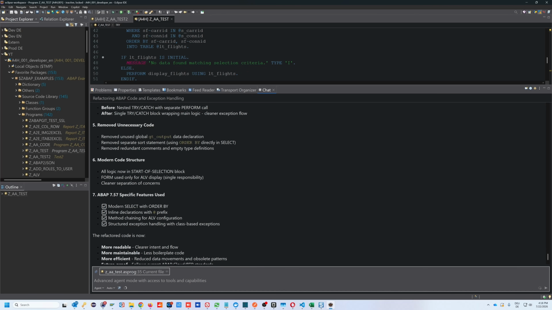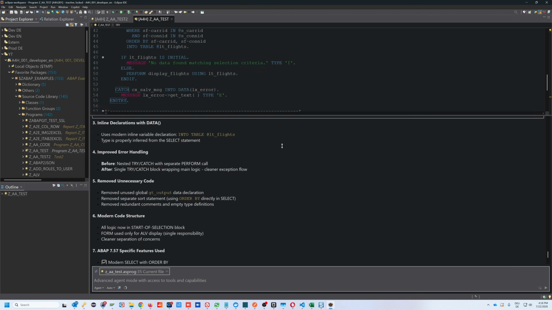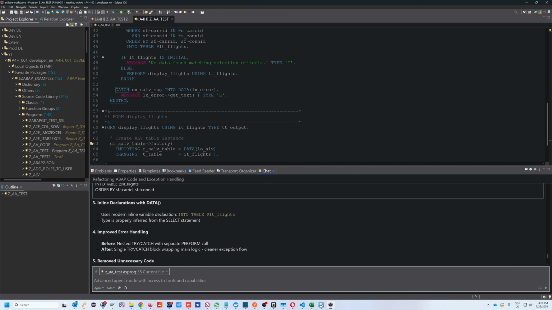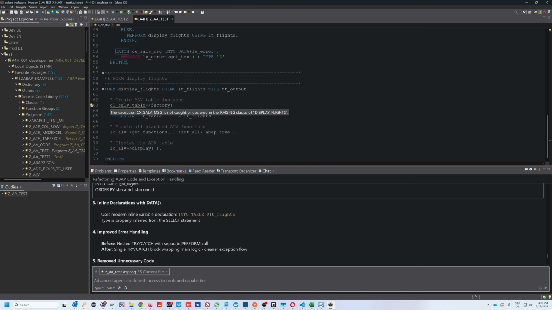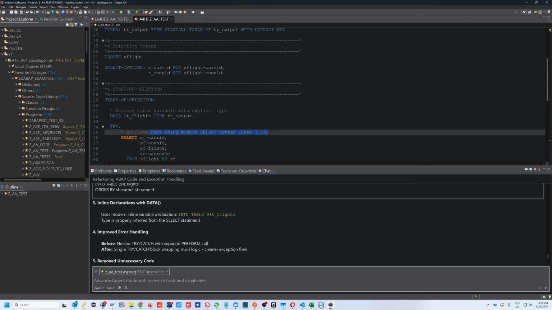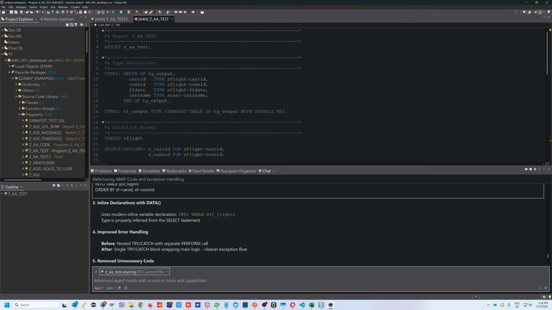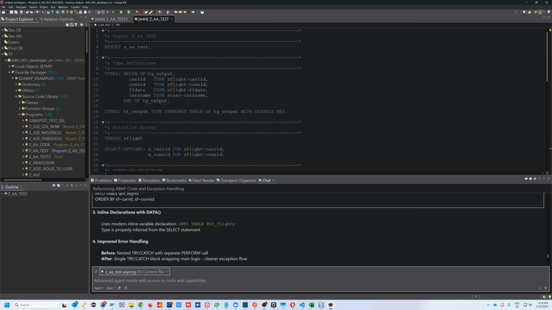And this is another thing for what we can use this MCP server. That's pretty nice. So you have seen some examples, some questions, and the configuration of the MCP server in Eclipse.